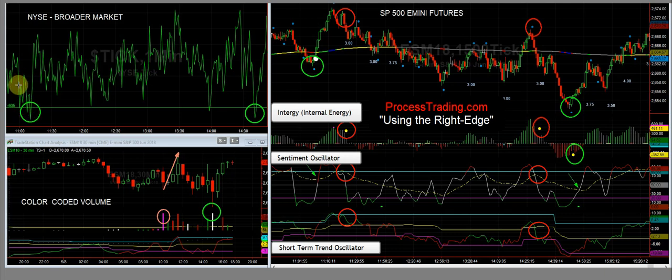Here we see the broader market that had gone well below the selling area here down to an oversold condition. And so when we see this, we're going to start looking at our discretionary indicators to see what they're telling us. Well, we see right here at price, this is the price of the S&P 500. We see this price right here occurring simultaneously when the broader market got oversold. We see the INTERG had gone out of